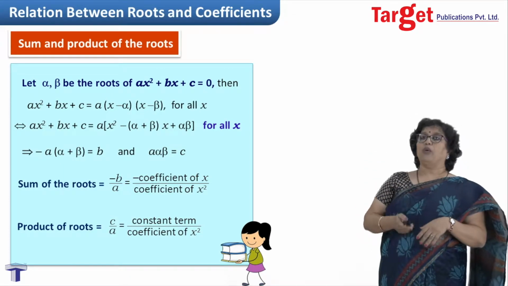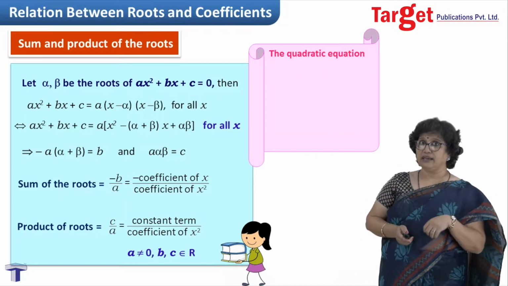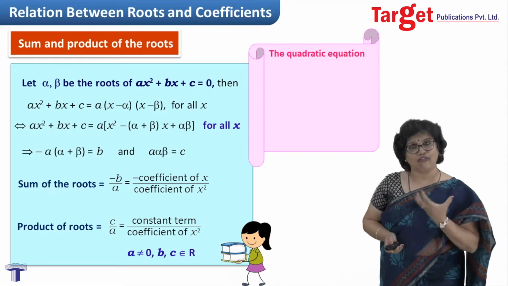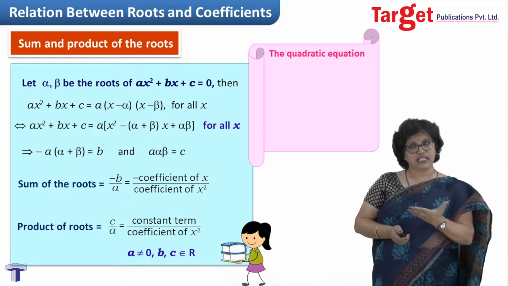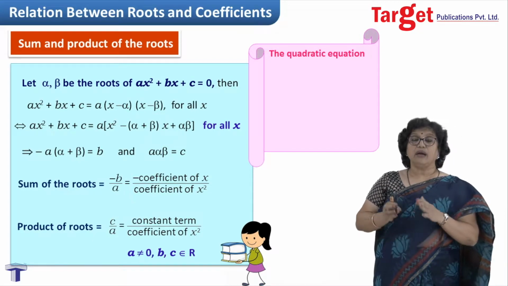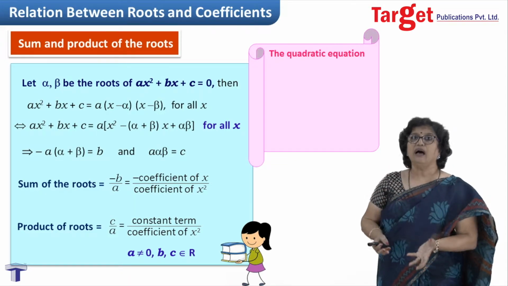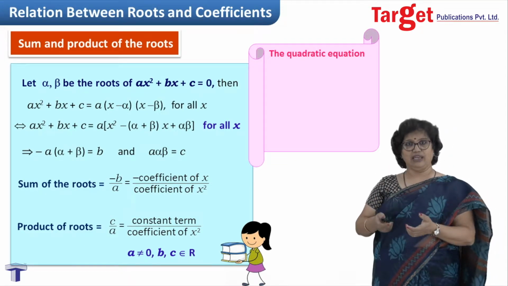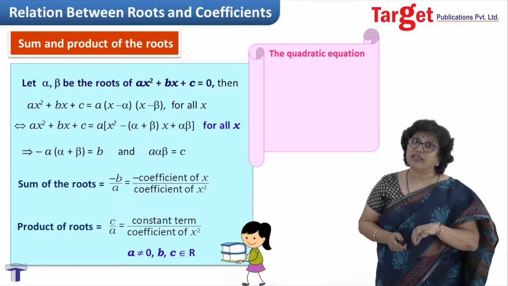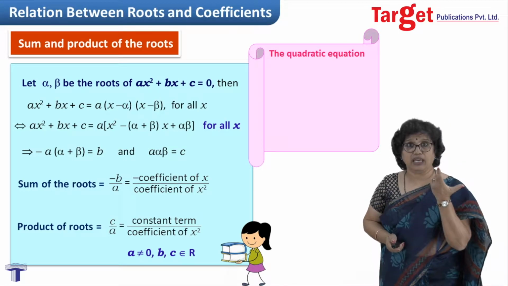Fine. Now, if I have to proceed further from here, this much information I have, that sum of the roots alpha plus beta is minus b upon a and product of the roots is c upon a. It could be other way also. I mean, alpha and beta are not known to me in the given equation. Then I do this exercise. Suppose I am given that alpha and beta are the roots of the equation. Then what is that corresponding equation?